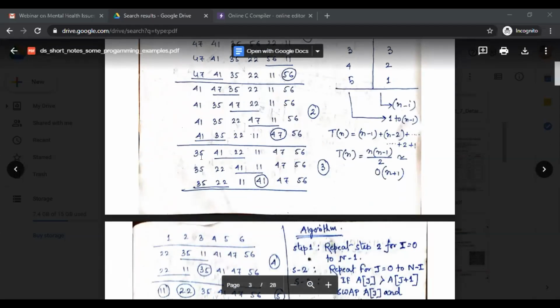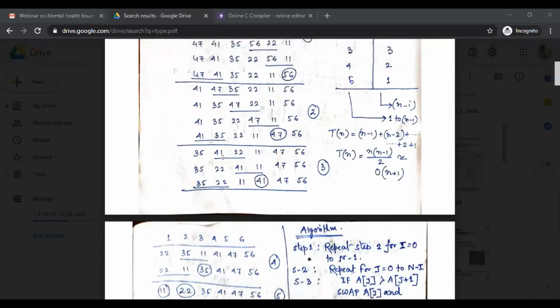In the third pass, the same procedure happens. So for that particular example, we start again from the 0 and 1 position.